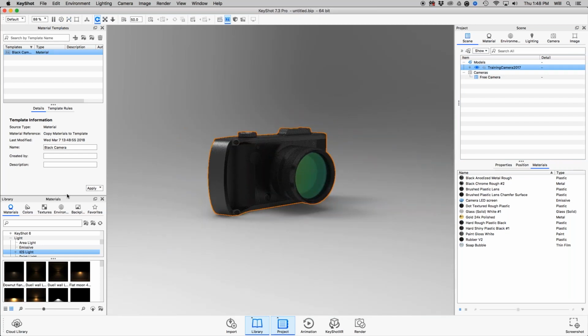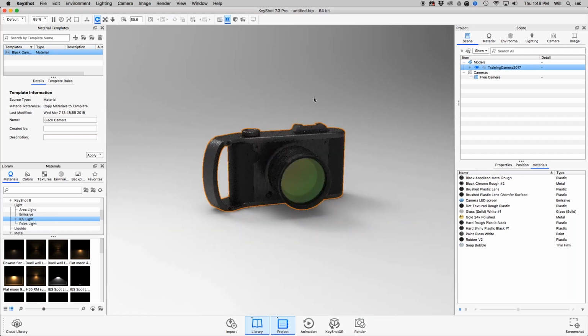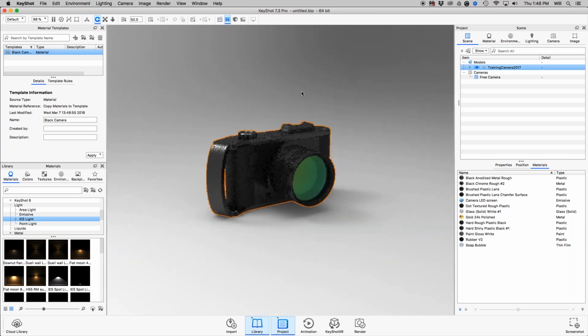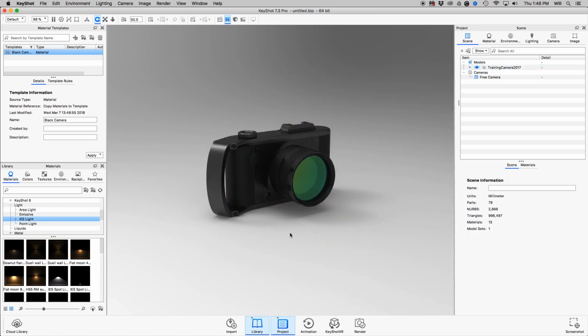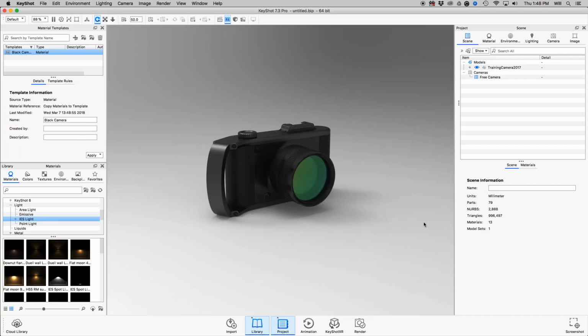Now, maybe you guys design or render models and you use the same models over and over again or similar type. And instead of starting from scratch every time, you might want to use a startup scene that can give you a bit of a head start every time you start a new KeyShot session. So we're going to talk about this here in a second. Because my camera right here is looking kind of lonely on its own, I'm going to go ahead and